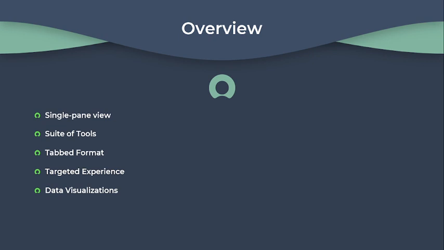Workspace is a single pane view that Tier 1 agents use to respond to all task types, view the full context of an issue, and get relevant recommendations to resolve issues. With Workspace, agents can have multiple issues open at the same time in a tabbed format. Agents can quickly move between each issue without going to a different screen.